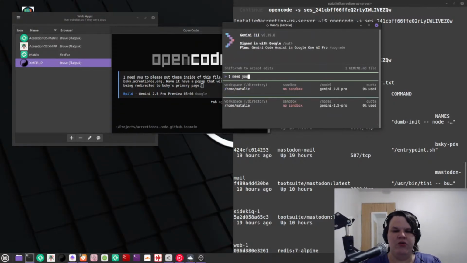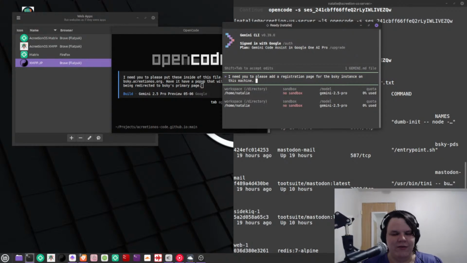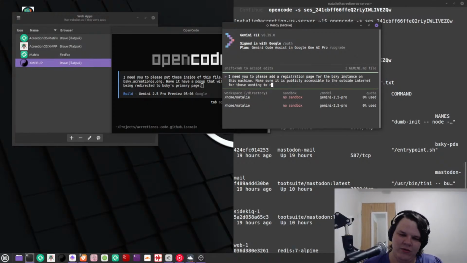I need you to please add a registration page with the Blue Sky BSKY instance on this machine. Make sure it is publicly accessible to the outside internet for those wanting to register with the instance.